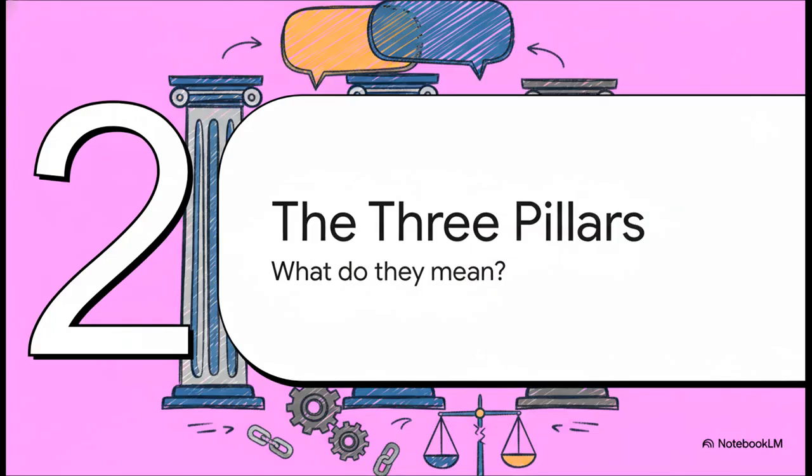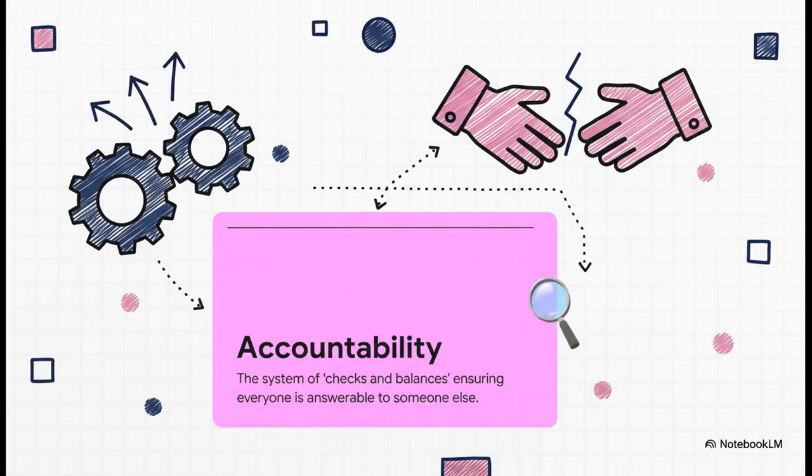All right, let's dive in. What do these three big words actually mean in the real world? Okay, first up, accountability. You've probably heard the term checks and balances, right? Well, this is it. It's the simple idea that nobody in power gets a free pass. Everyone answers to someone. A government is held accountable by an upper house, like a Senate. The entire parliament can be held accountable by the courts. And of course, the most important one, every few years, all of them are held accountable by us, the voters.